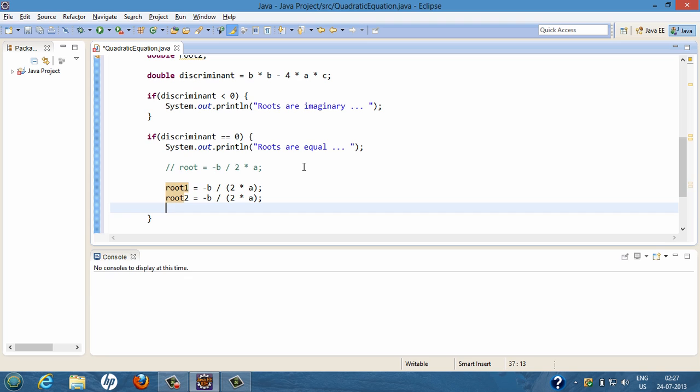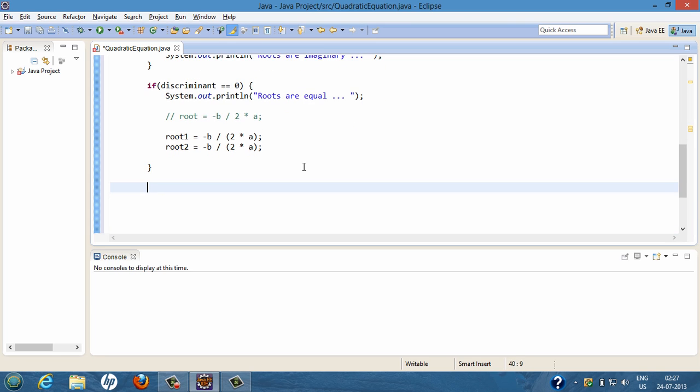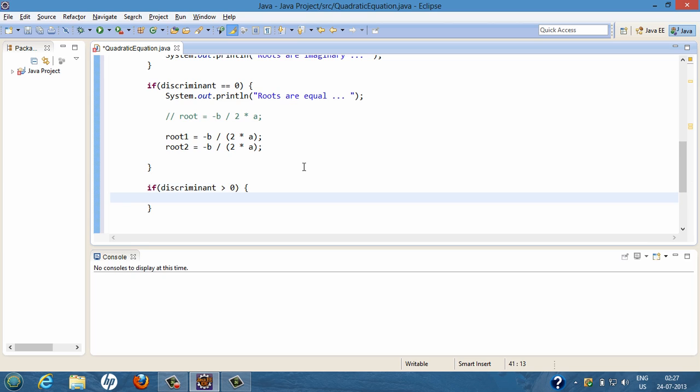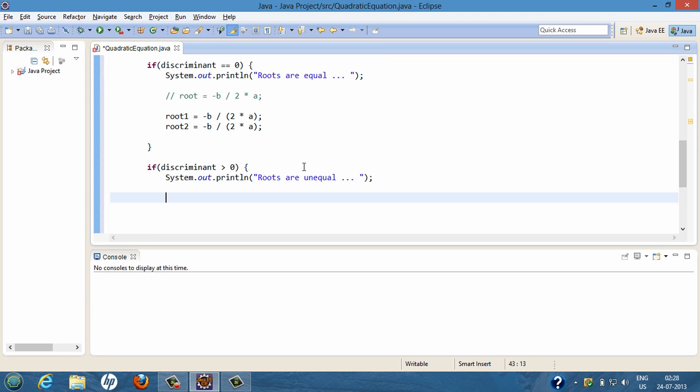So we'll move ahead and we'll put another check that if discriminant is greater than 0, then we'll sysout roots are unequal, and then we'll calculate the roots by the formula which we saw in the previous slide.